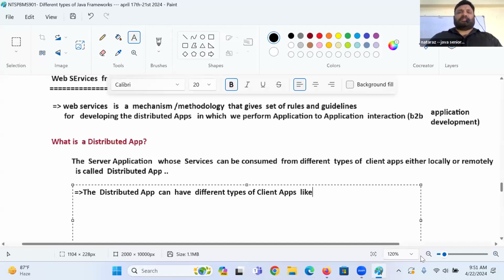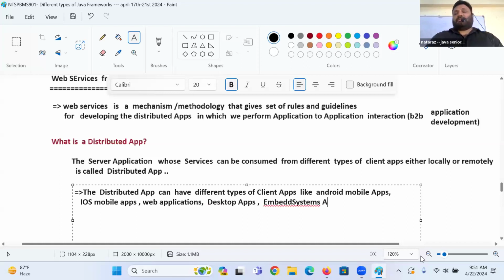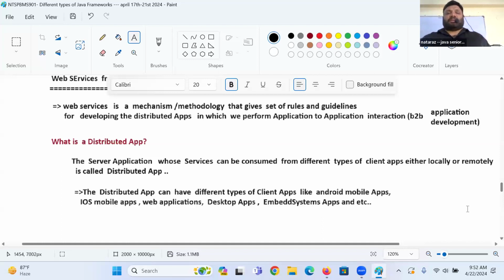Client applications like Android mobile applications, iOS mobile applications, web applications, desktop applications, embedded system applications, and so on. A lot of options are there.